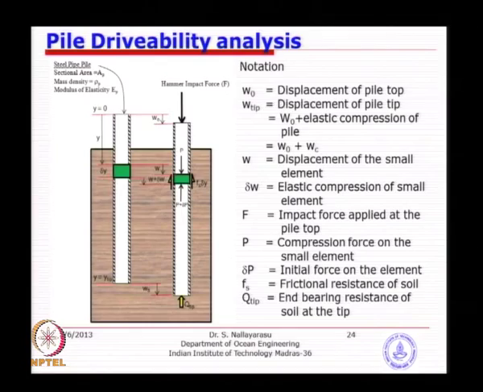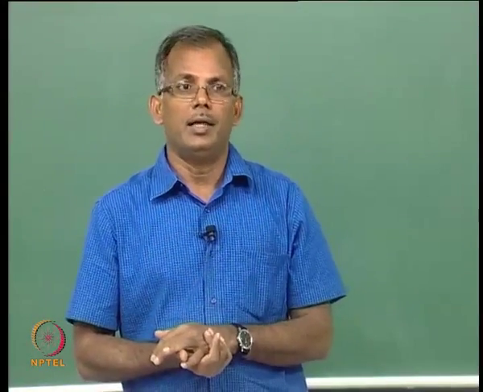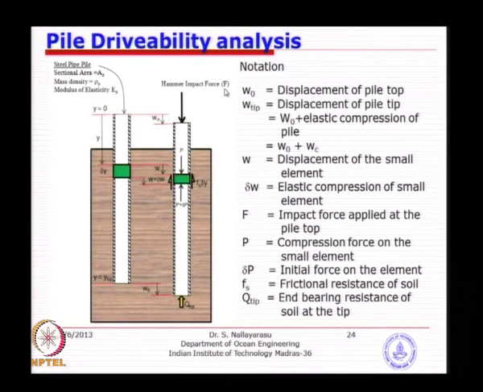That F is produced by the impact, which has a certain weight and fall height, and energy is transmitted. We do not know what that force is; we need to determine that force at the time of impact and how it propagates through the pile itself. And W is the displacement. W at the bottom will contain soil deformation plus the pile deformation. The pile top will be W naught, just the amount of going down, which does not include the pile compression, either elastic or plastic. So, these are some of the notations you should understand.